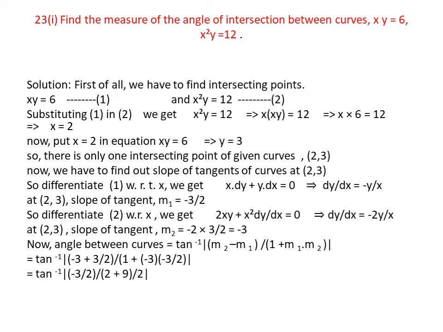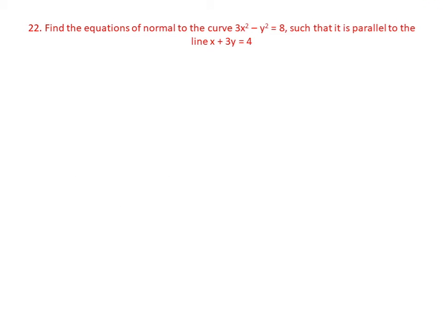I am going to merely substitute my two slopes. m1 is minus 3 by 2, and m2 is minus 3. When I substitute that and solve it, I finally get the answer as tan inverse of